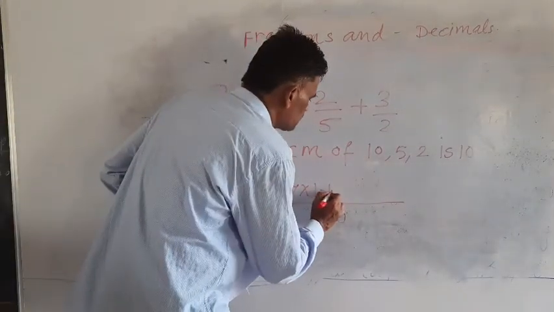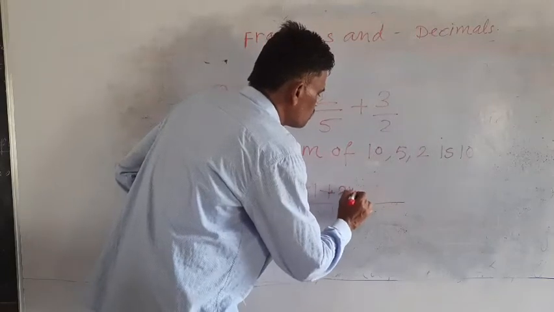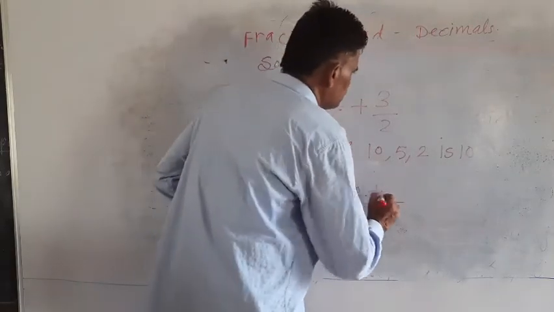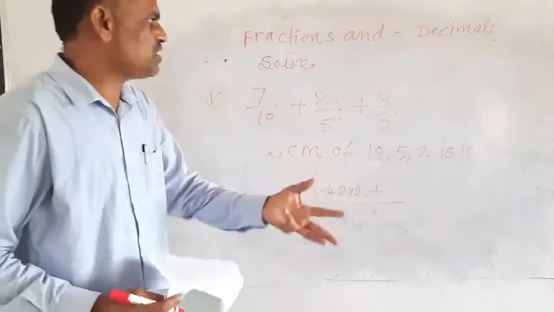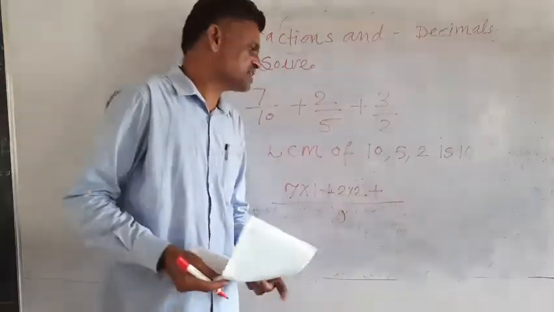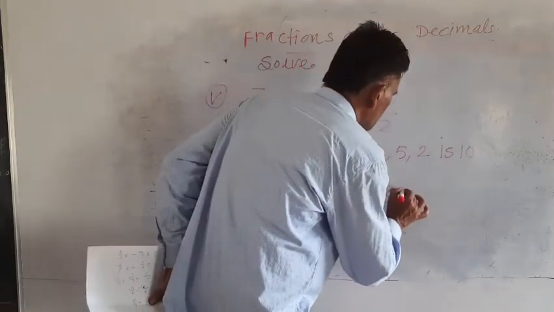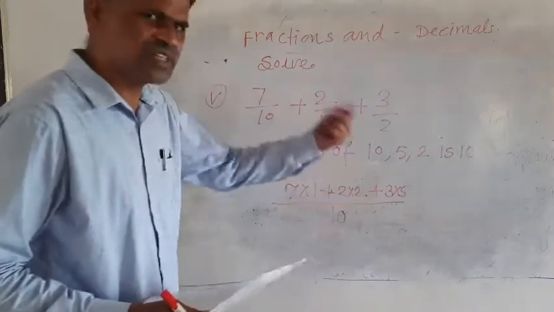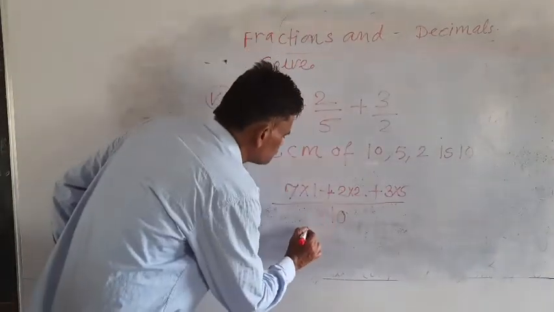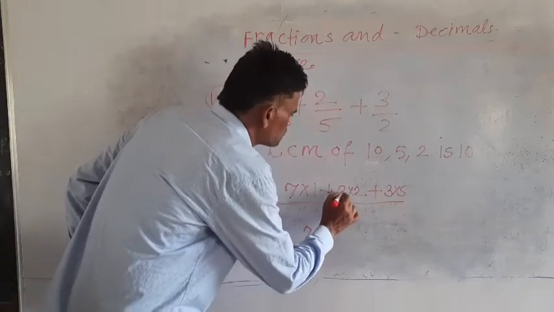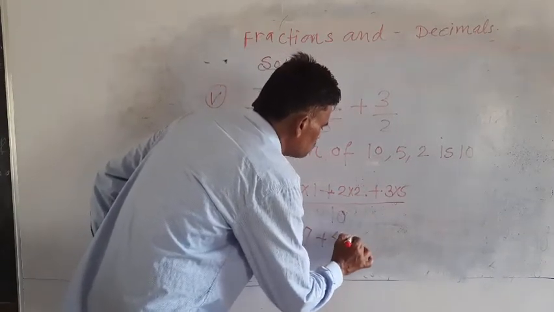We have to multiply 2 by 2. Then 2 fives are 10, 5 is the quotient here. We have to multiply this 3 by 5. Why? Quotient is 5. Next, 7 ones are 7, plus 2 twos are 4, and 3 fives are